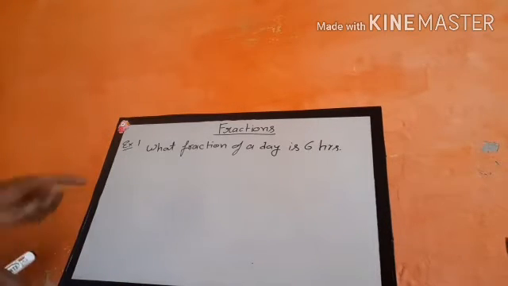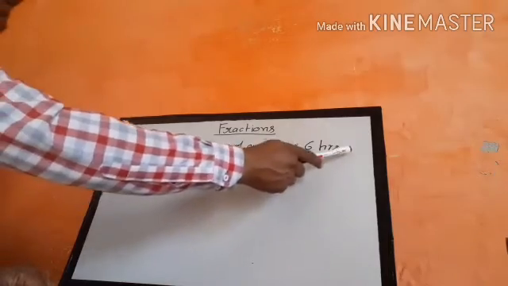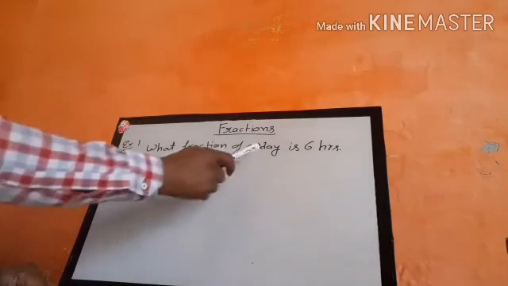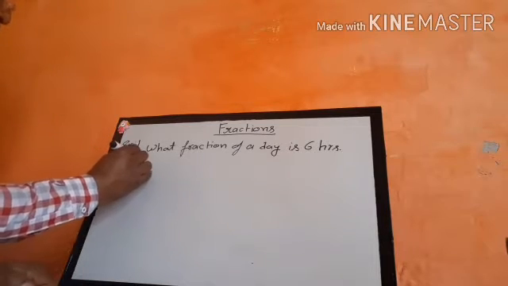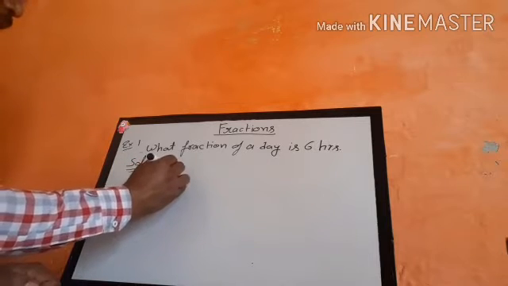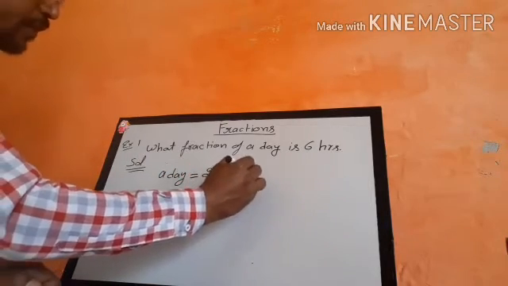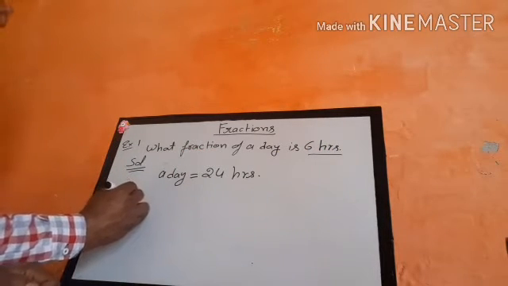Here the first example: what fraction of a day is 6 hours? So here 6 hours are given and a day is given. You can see the amount is given in hours, while the second quantity is given as a day. So we need to convert this day first into hours. So how will we solve it? First, to convert this, a day has 24 hours and the given quantity is 6 hours. So the fraction will be,